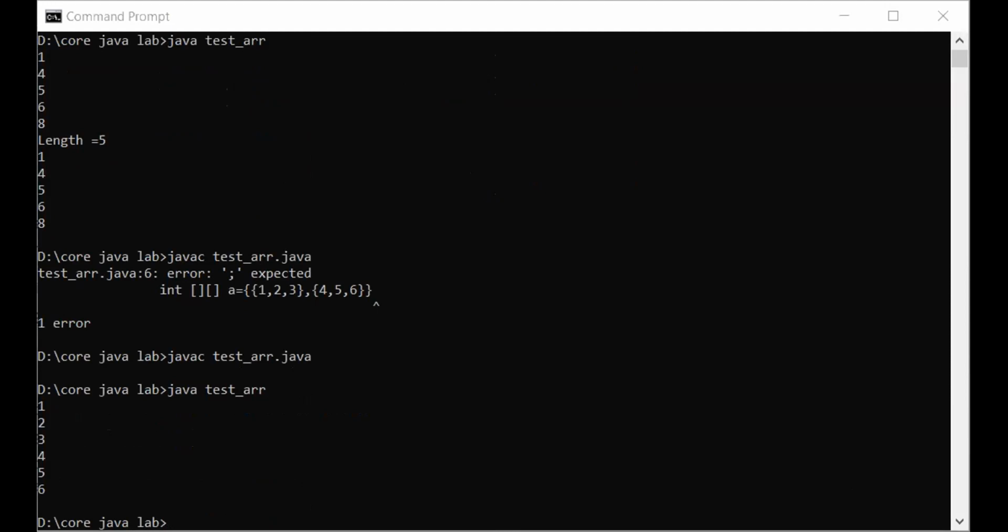ये जो कॉलम है इसको डिस्प्ले होने के बाद हम यहाँ पे क्या करते हैं, एक लाइन का गैप छोड़ देते हैं. सिस्टम डॉट आउट डॉट प्रिंटलन, एक लाइन का गैप, और यहाँ पर प्रिंटलन की बजाय हम क्या कर देते हैं, प्रिंट कर देते हैं. फाइन. And let's try this.